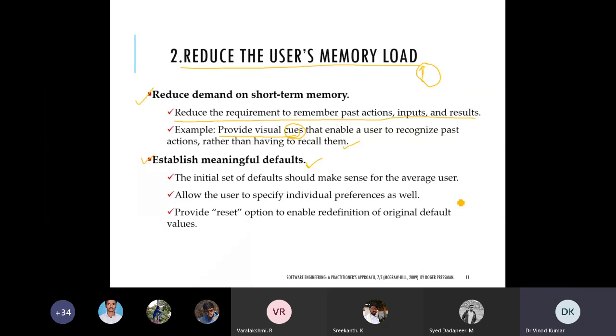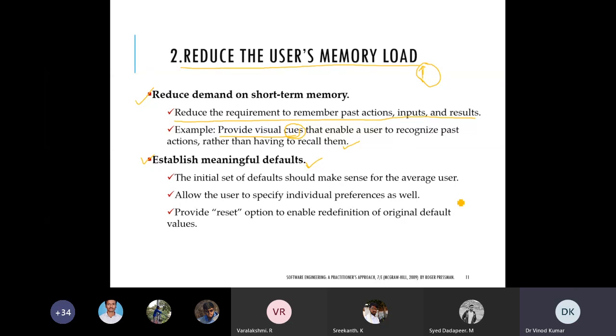These are your user preferences. The user can also set preferences in Windows. The taskbar is there; you can pin some applications or software, and from that point you can directly open them. These are the user preferences that you can make.